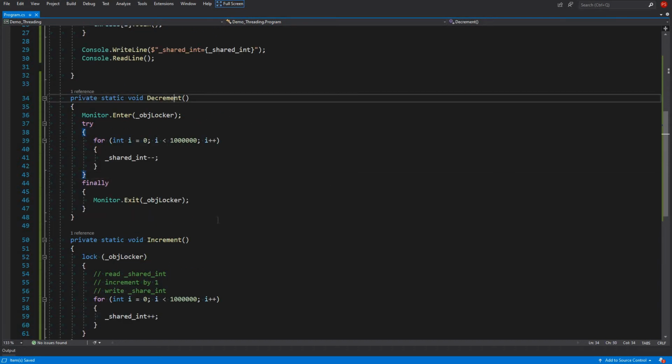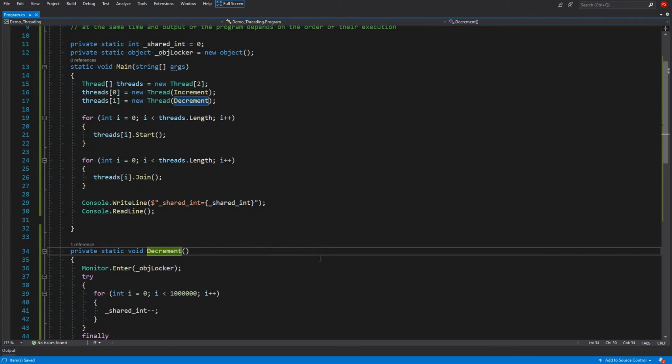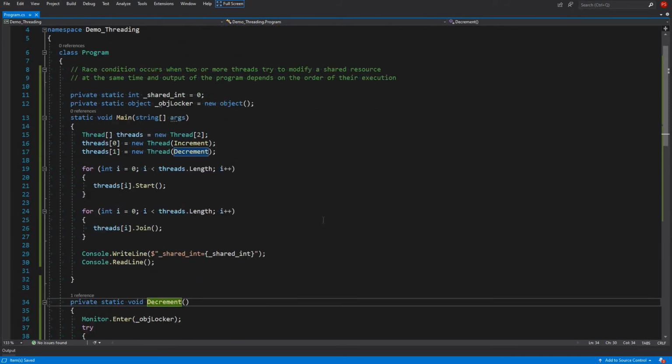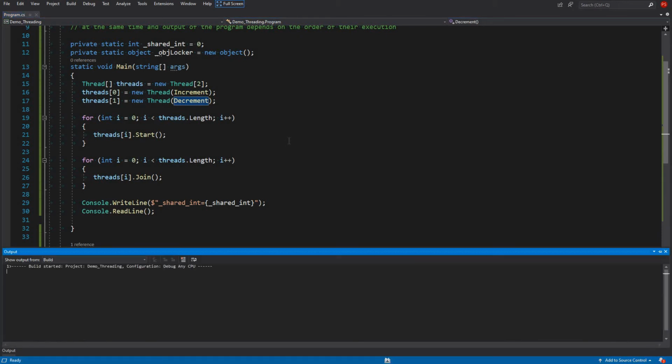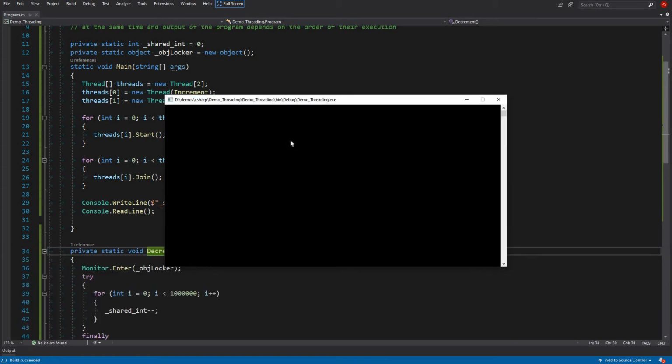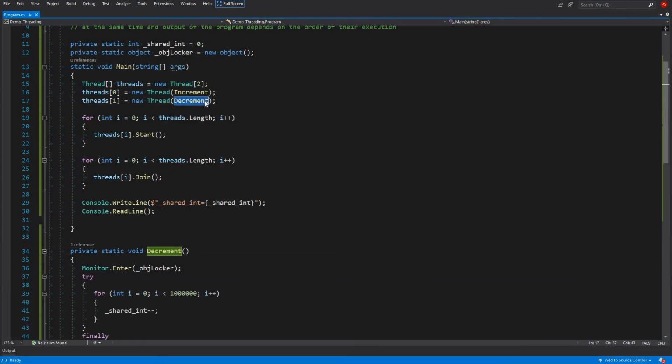Let's see, decrement, increment, yeah, we are good to go. Then we can run our program, and let's see. The output should be 0 always, no matter which one is running first.